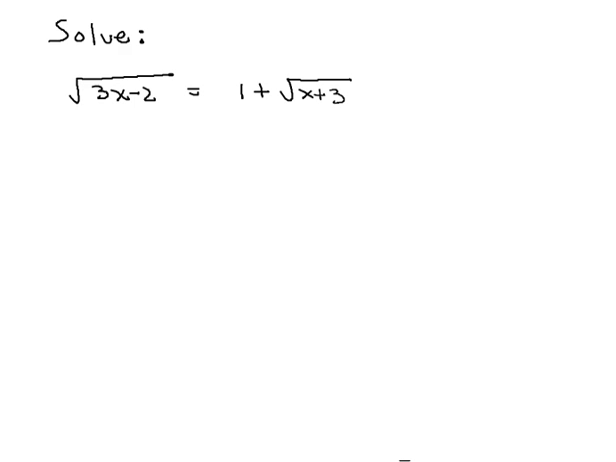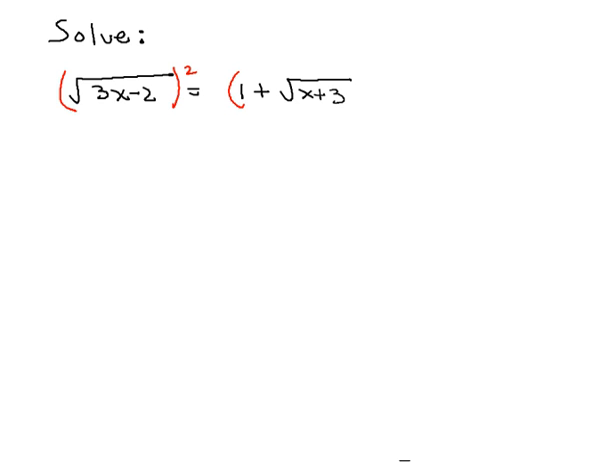Now for our next example, we have the square root of 3x minus 2 being equal to 1 plus the square root of x plus 3. And you'll note, as we did in the last problem, that there are two square root expressions in the equation. And you'll also notice that one of the radical terms is isolated on the left-hand side to begin with, which is helpful. So what we'll do is to square both sides of the equation